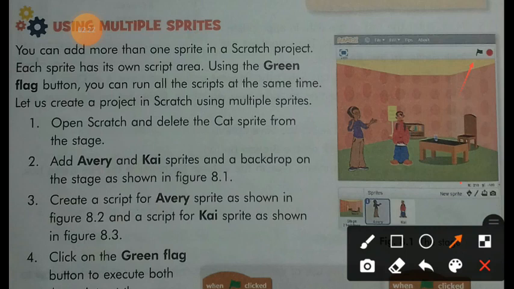Students, I have told you, when you open Scratch, you will find the cat sprite by default. Just delete that, and then add a Avery cat sprite and a backdrop on the stage as shown in figure 8.10.